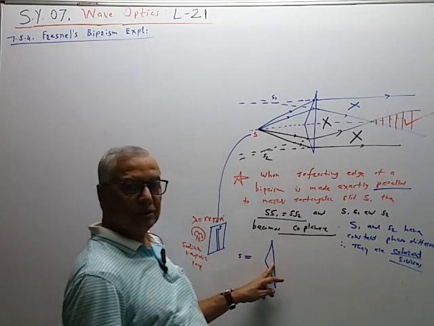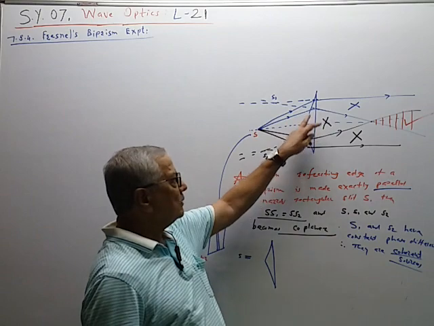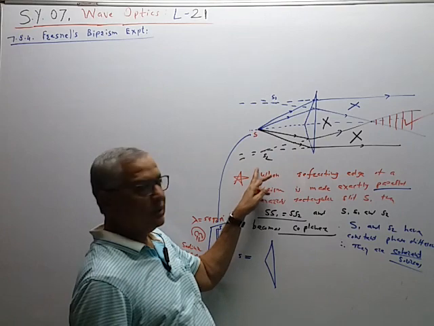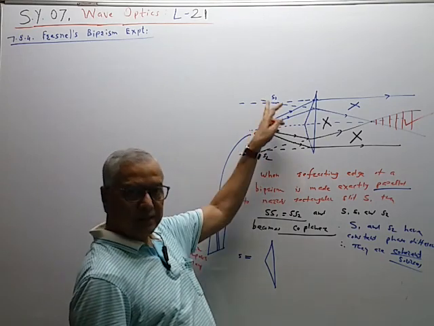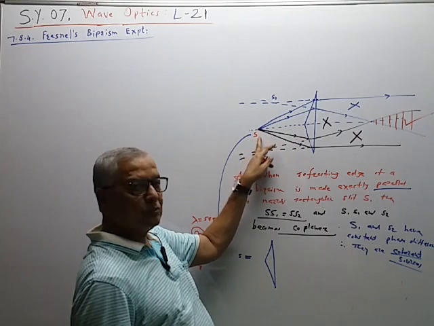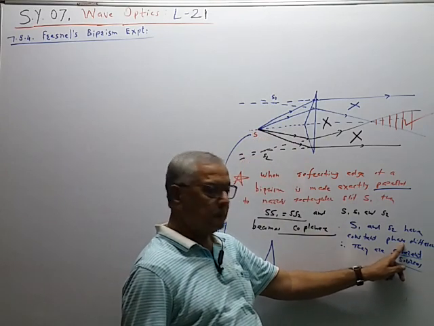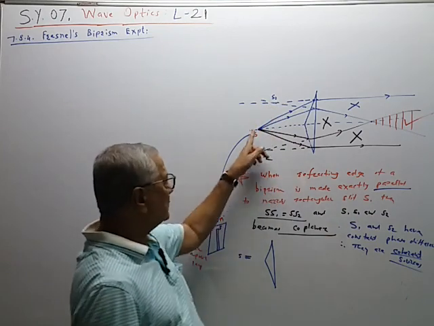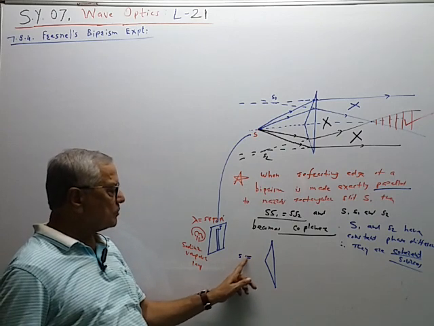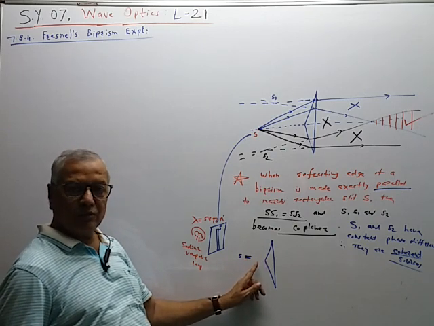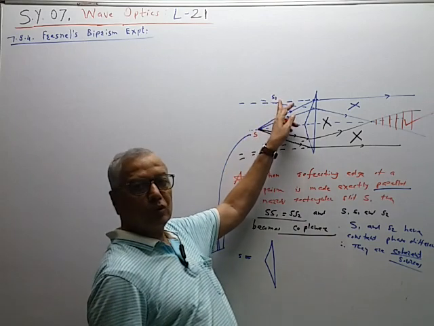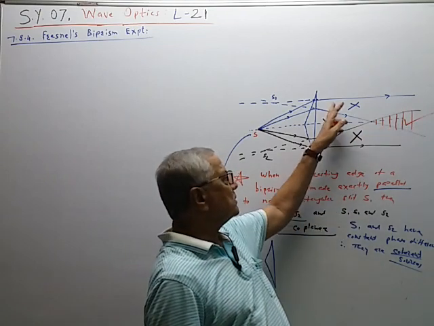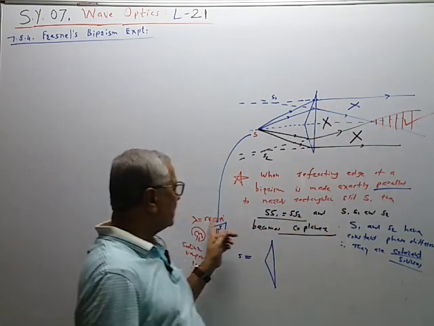These waves are incident on the biprism. The biprism has two parts. The upper part will form one virtual image, the lower part will form another virtual image. These two virtual images are secondary sources. They are obtained from one and the same original source and they have a constant phase difference. Therefore, they behave as coherent sources. They are monochromatic sources. Why? Because the incident waves coming from the slit and incident on the biprism have only one wavelength. Therefore, this is also a monochromatic source. So all the waves coming out from the biprism have only one wavelength, lambda 5893.